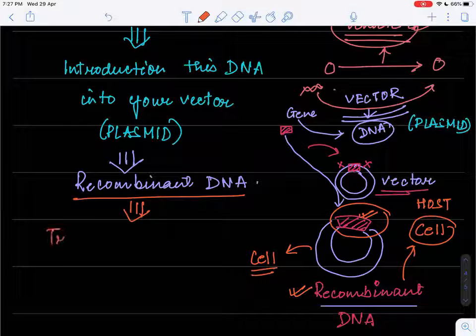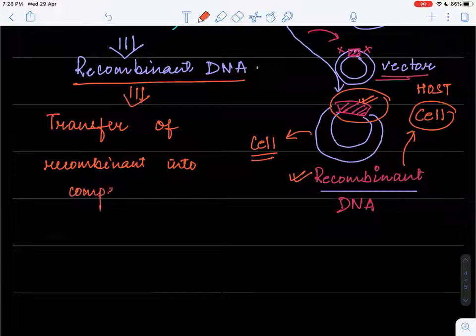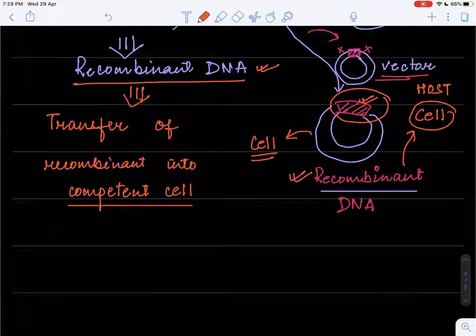Transfer of recombinant DNA into competent cell. There are various techniques for it, students. We are going to talk about that. Okay, so then we are transferring this particular recombinant into a competent cell or the competent host cell.